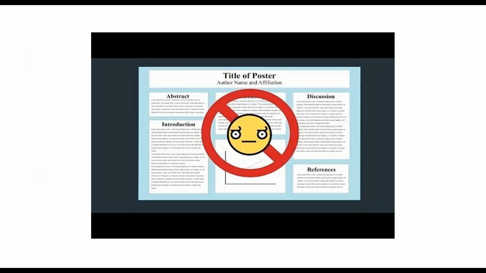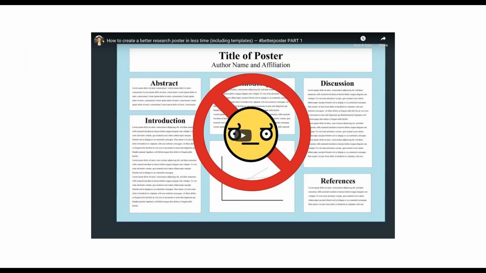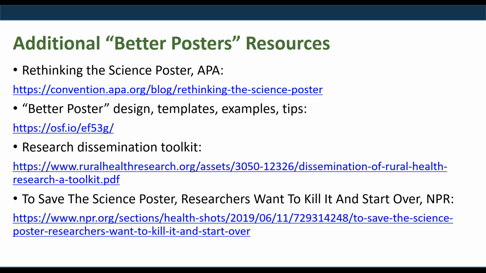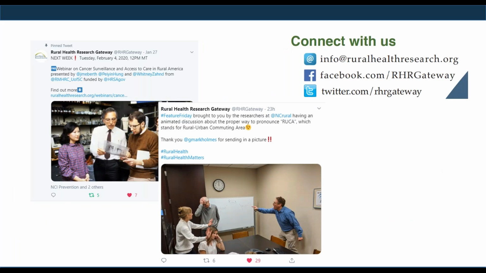Next slide. This is just a video that you can watch that talks about the traditional format to the current. I'm not playing it today. It's just there for those of you who might want to watch it later, who are more of a visual learner. Next slide, please. Additional resources are here so that you can have them at a later time. Next slide, please. And this is just our connection information for the Rural Health Research Gateway, should you want to follow and see some of the methodologies that we use for research dissemination.